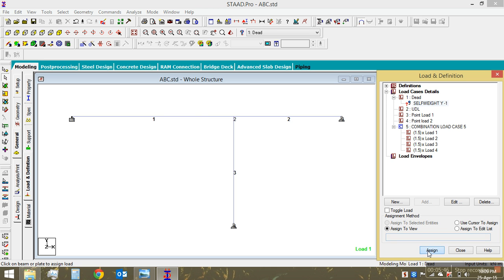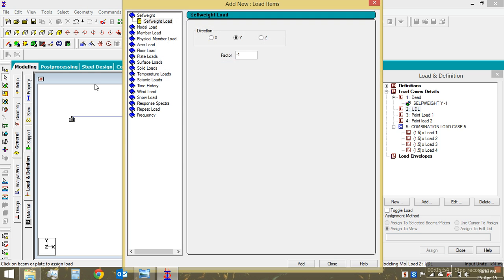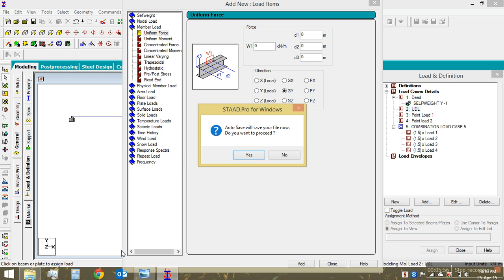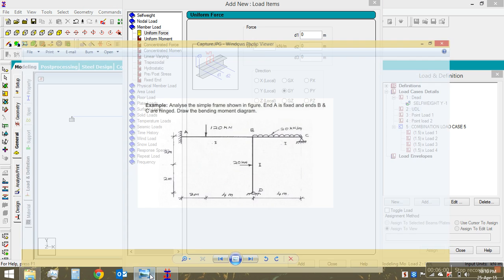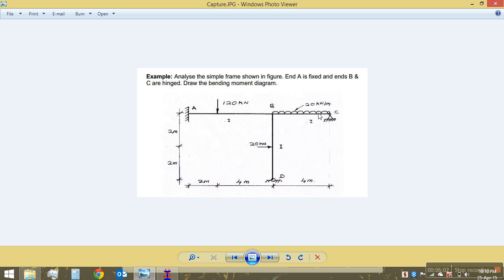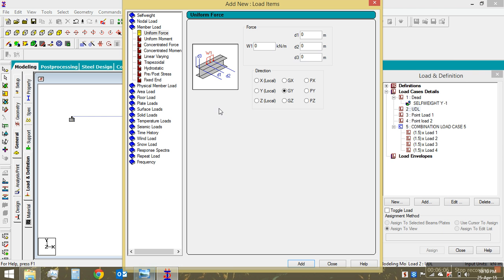So I'll go and assign to view and then assign it. Automatically it will be assigned to all the beam members. After that I'll go on UDL, add it, and then go to member load, click save. So my UDL is 20 kilonewton per meter acting downwards from B to C. So my UDL will be -20 kilonewton per meter,